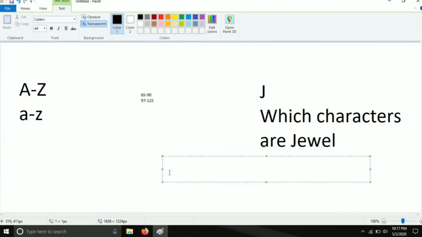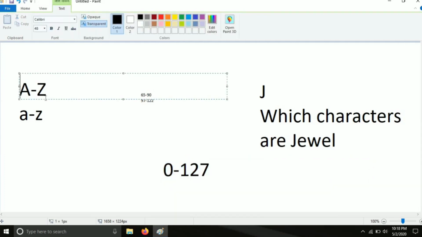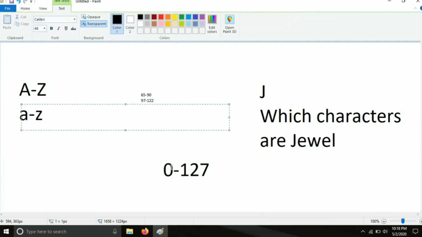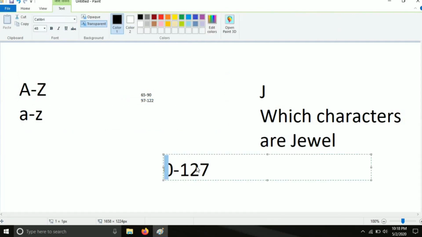Actually I am creating an array from index 0 to 127, because the ASCII values of all the alphanumeric characters and special characters lie between 0 and 127. So A to Z and small a to small z lie within the range of 0 to 127.